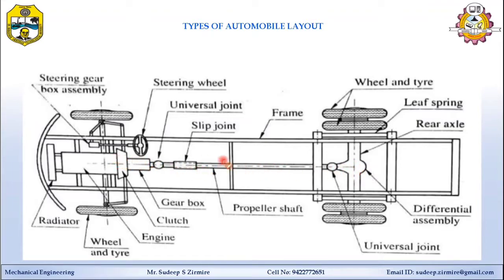All these parts from the clutch to the differential to this live axle come under the transmission system: clutch, gearbox and propeller shaft. We are going to learn all these components in detail in the transmission system. Later, the last part is called the wheel and tire assemblies. These wheels along with the tires have to take the vehicle load and provide cushioning effect, and they also adjust with the steering controls on the front side, and this rear side.